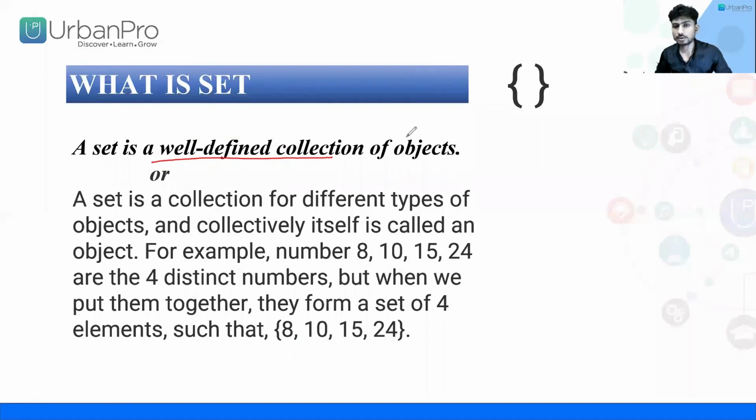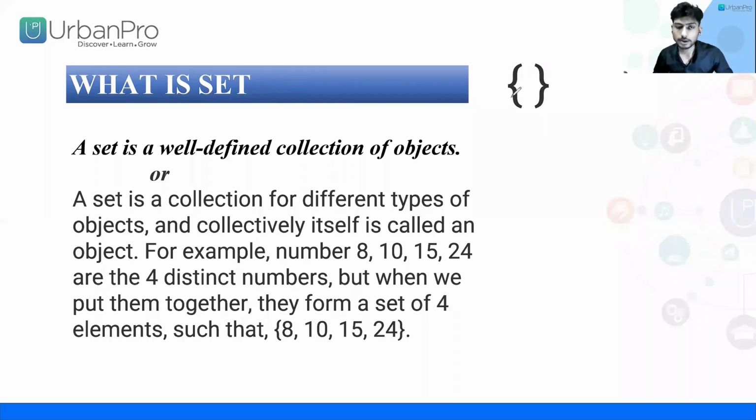So this is the meaning of well defined. Take the 10 best mathematicians of the world: you also can't make a set of this, because to put the 10 best mathematicians you have to fix a certain criteria, that he or she should be best in algebra. A person may be a best mathematician but not good in algebra; he is good in geometry. So you can't put him, but he's a best mathematician. So the criteria will keep changing from element to element, so we can't put it.